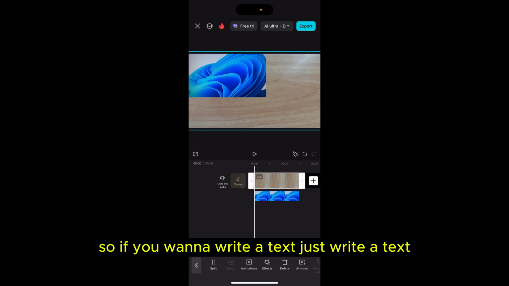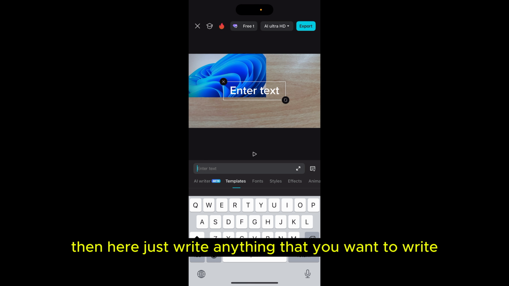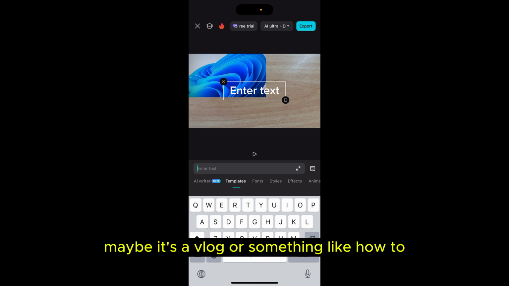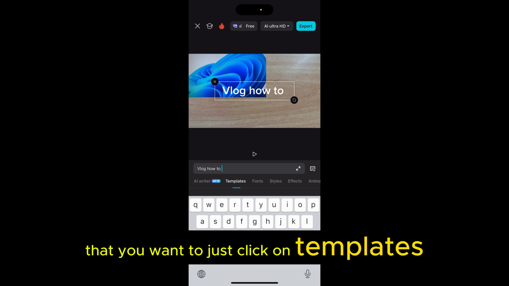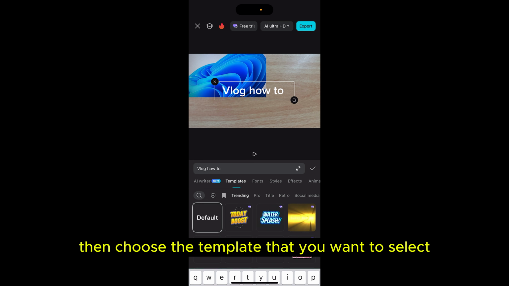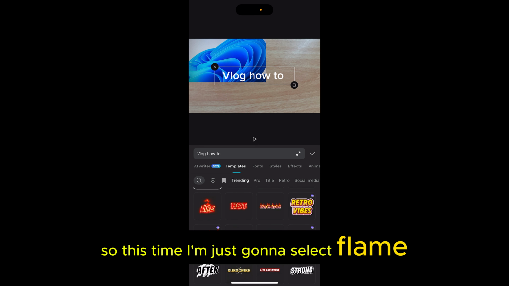So if you want to write a text, just click on text, add text. Then here just write anything that you want to write. Maybe it is a vlog or something like how to. So once you write the text that you want to, just click on templates, then choose the template that you want to select. So this time I'm just gonna select flame,